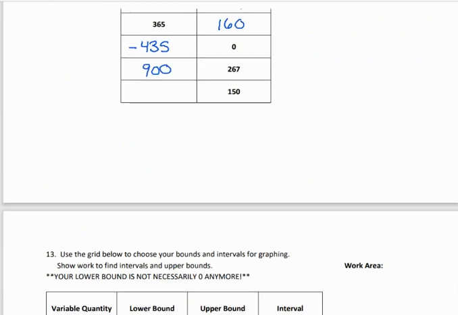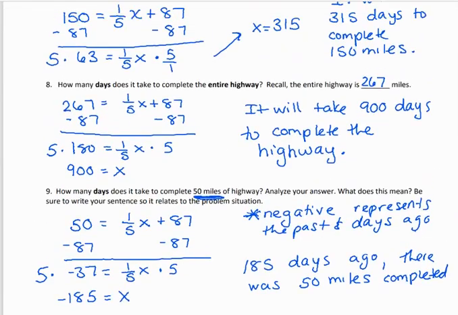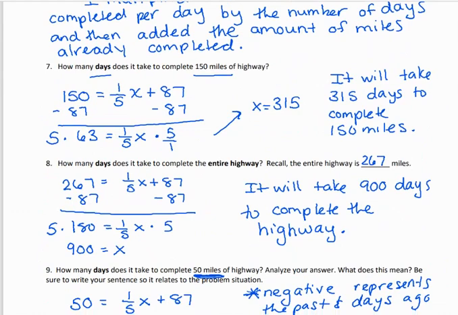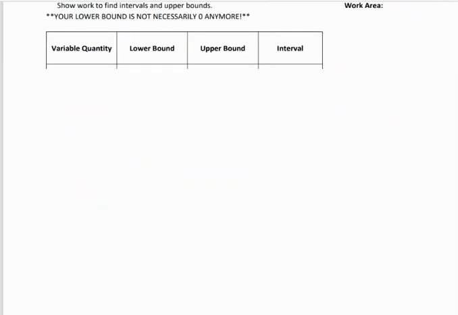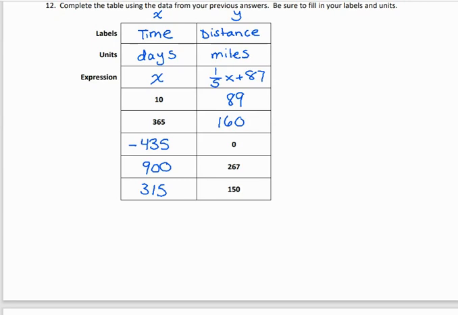And then 150 miles was number 7. And that we got 315. Okay, so everybody make sure that